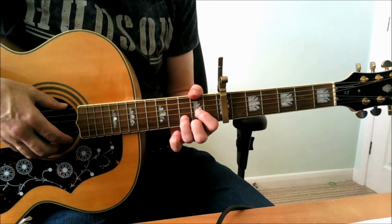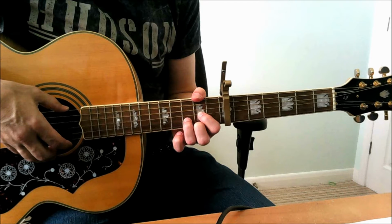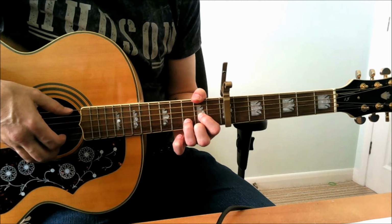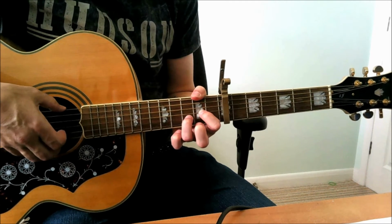And the second difference is on the D shape, which on verse 1 we essentially have no hammer on, so it goes... Whereas on the second part of verse 2 we have...